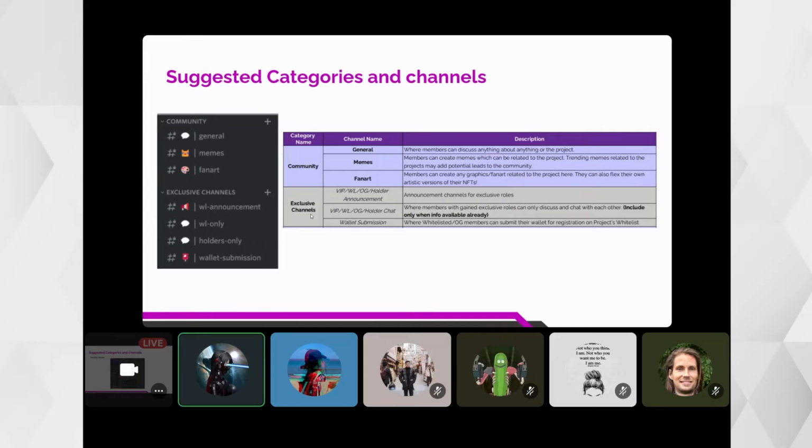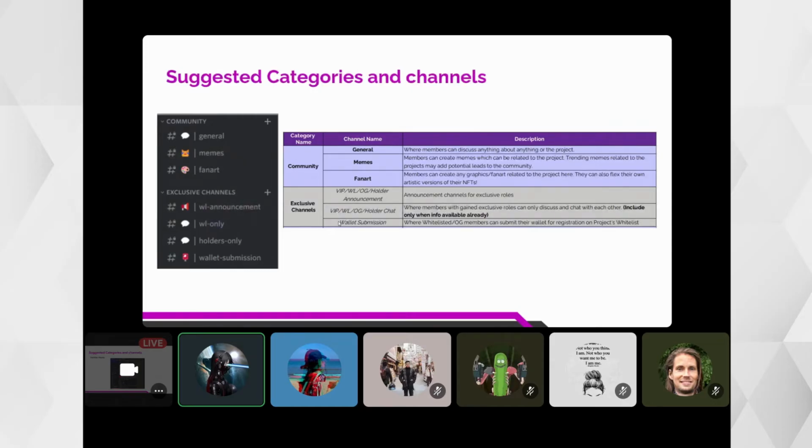Or if, for example, you are already a post-mint project, you can put up holder channels exclusive for holders of your NFT. And then with wallet submission, what we usually request, for example, with pre-minted projects like projects who are still getting the whitelist people and then the OG people.